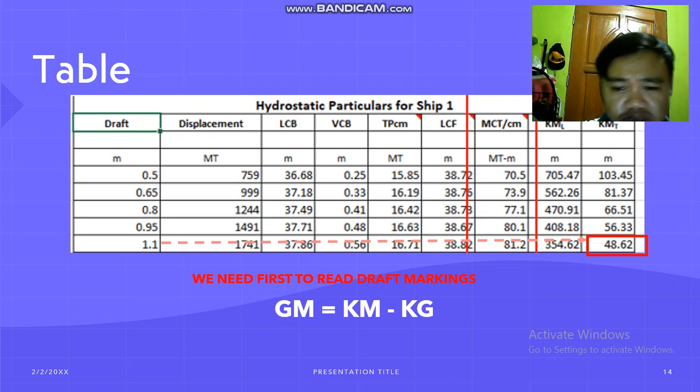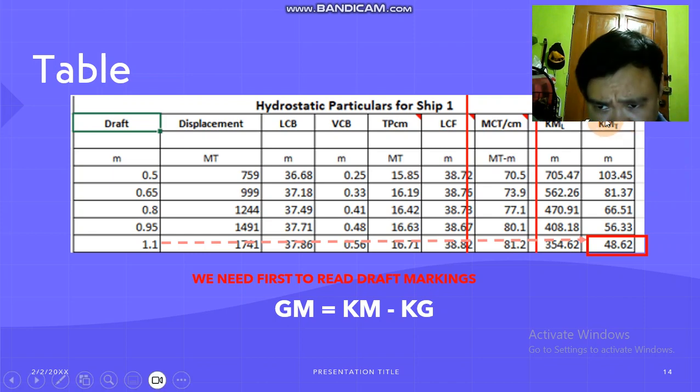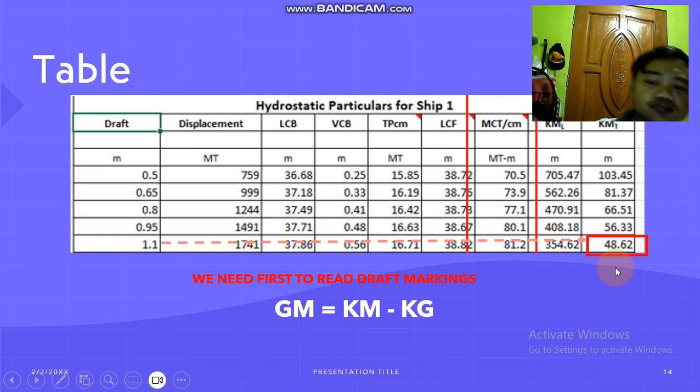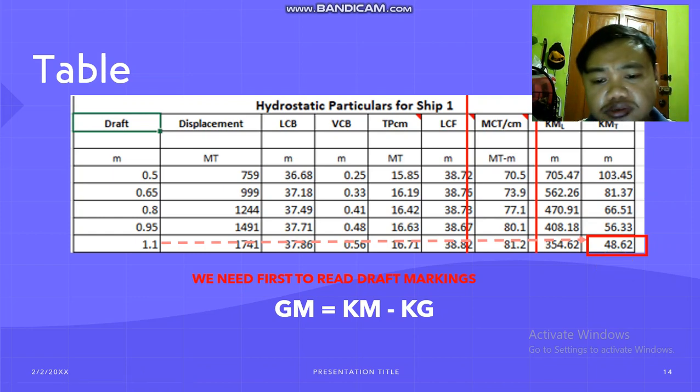Since we are trying to solve for the transverse stability, we should obtain the value for KMT, which is KM transverse. So the value is 48.62. That is only an example. So you just need to subtract, and if the answer is, for example, KG is